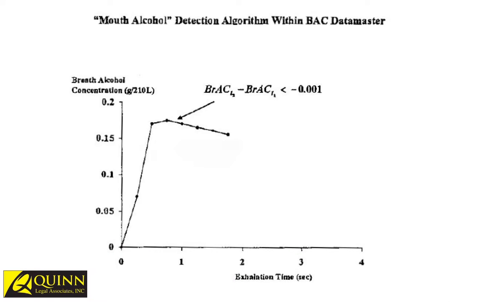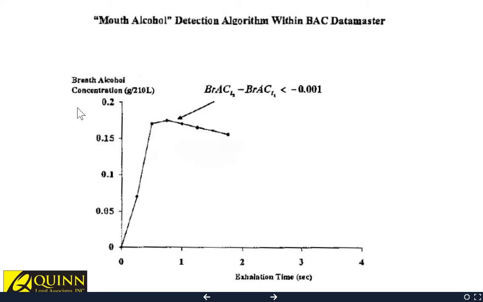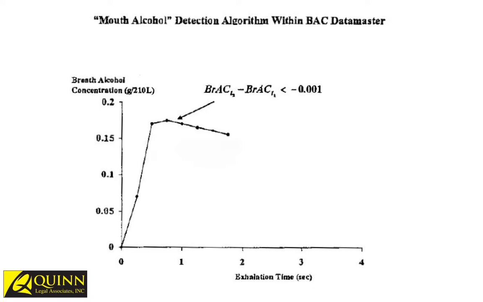So the reason behind this is because they have slope detection software in the machines. You can see here that when it's going to detect mouth alcohol, you'll see a drop and you'll have a negative going slope. Normally a good breath sample, you're going to see a rise, turn over, and slowly continue to rise on a pretty flat plane to the right. It's when you have this dip and you have a negative slope that the software of the machine will flag it as an invalid sample.